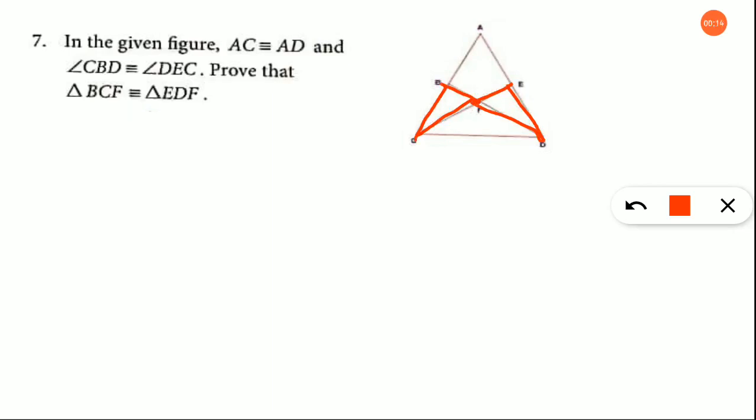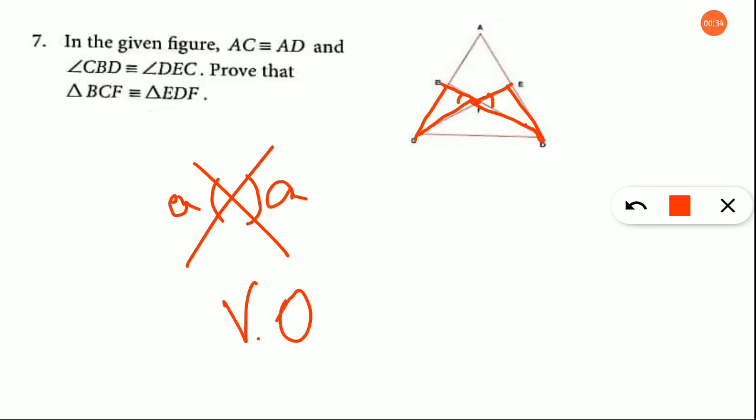In order to prove these two triangles are same, you are going to check all the three angles first, okay? And shall we take these two angles? When two lines are crossing like this, these two angles will be the same, right? And what is the name of these two angles? It is vertically opposite angles. So one angle we are having in both the two triangles that are equal to each other.